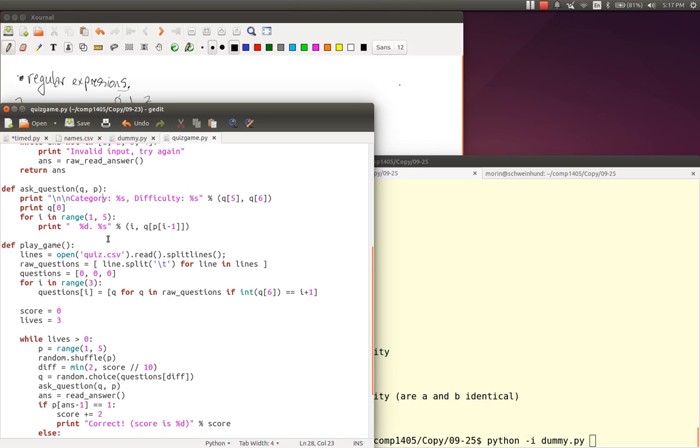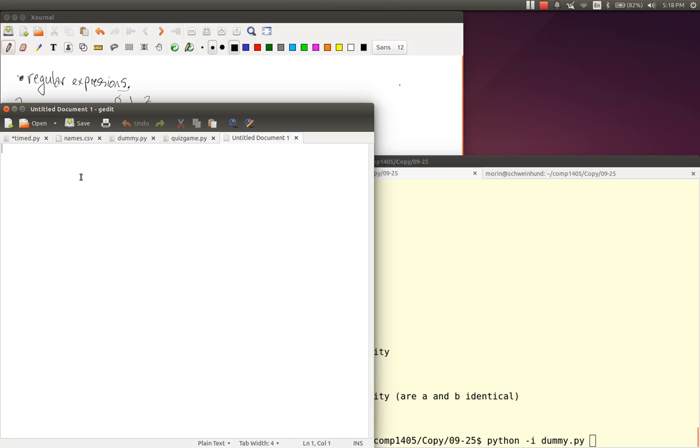Why shouldn't we create something called a question, and a question has several parts. It has the text of the question, and it maybe has answer 1, answer 2, answer 3, answer 4. It maybe has a difficulty, and it maybe has a category. So this is what object-oriented programming is all about. And probably next class, we'll build this game again, this time using objects, maybe making it a bit more reasonable. But for now, I just want to show you a couple of